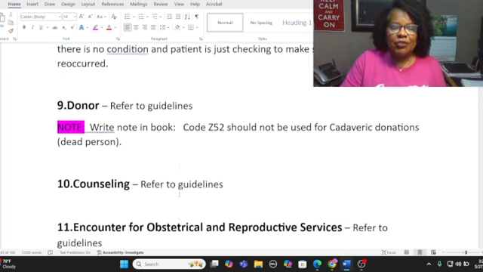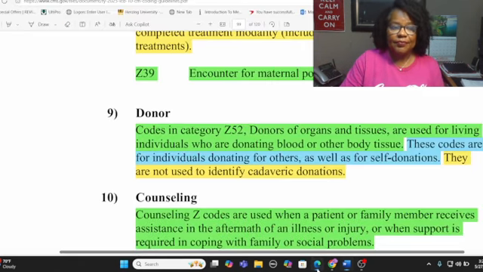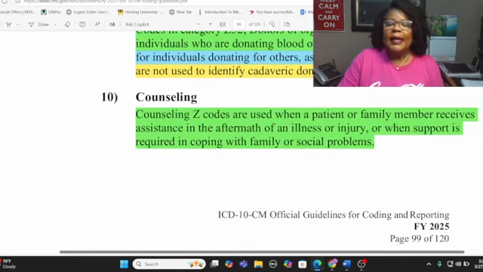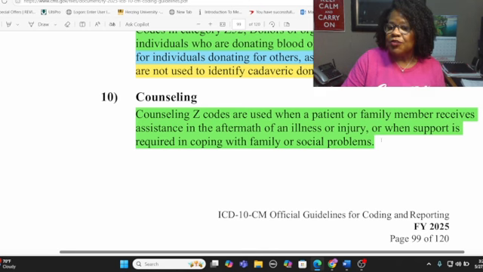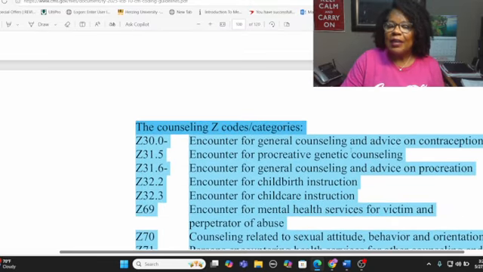All right, we're down to counseling. Let's refer to the guidelines on counseling. Counseling Z codes are used when a patient or family member receives assistance in the aftermath of an illness or injury, or when support is required in coping with family or social problems. And in your counseling Z code categories,